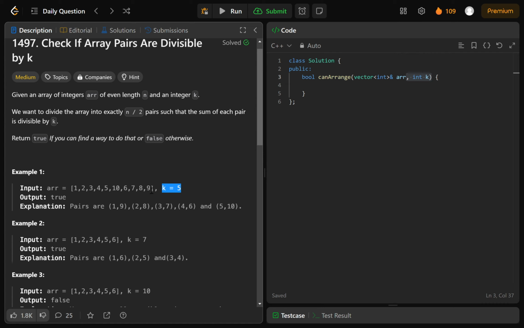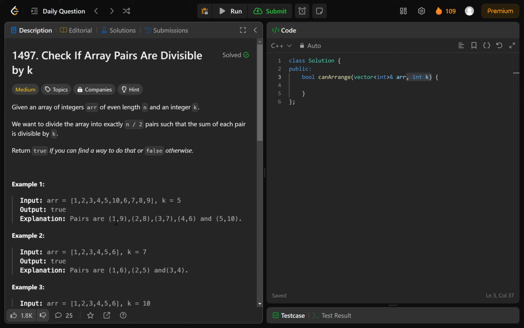is 5. So we take pairs in such a way that the sum of the values in the pairs is divisible by k. So 1 plus 9 is 10, which is divisible by k, 2 plus 8 is 10, 3 plus 7 is 10, 4 plus 6 is 10, and 5 plus 10 is 15. So we got all the elements in such a way that these pairs add up to a value that is